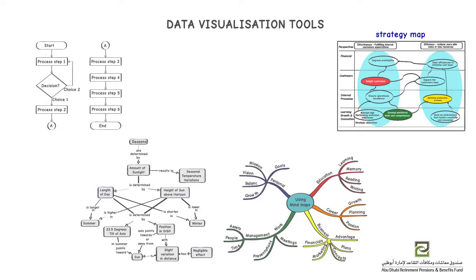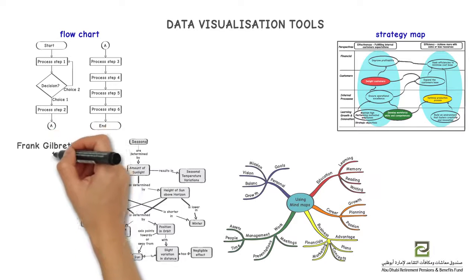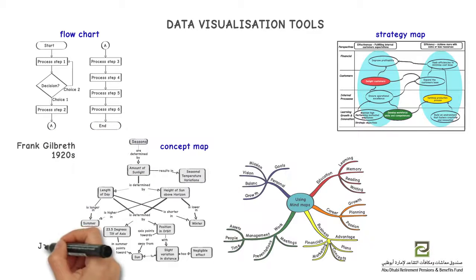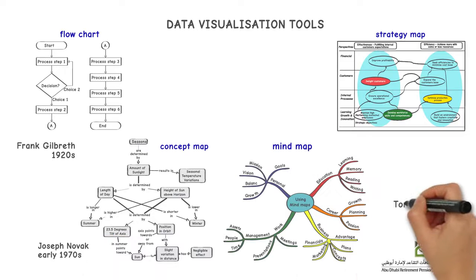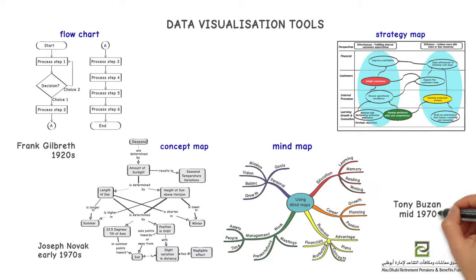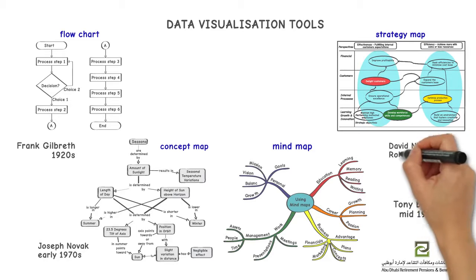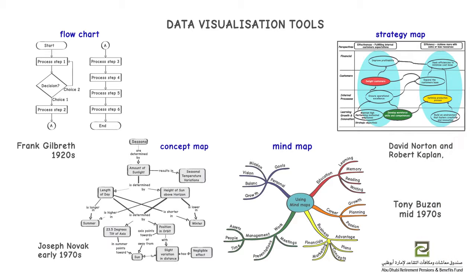All have a rich history. Flowcharts can be traced back to the work done by Frank Gilbreth in the 1920s, concept maps to Joseph Novak's work in the early 1970s, and mind maps to Tony Buzan since the mid-1970s. Strategy maps were popularized by David Norton and Robert Kaplan through a series of articles and a book on the